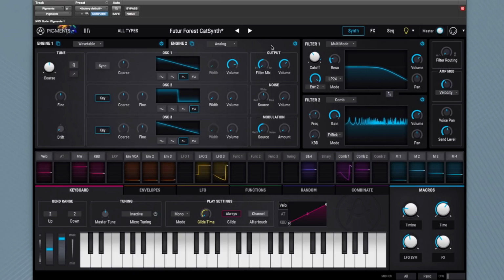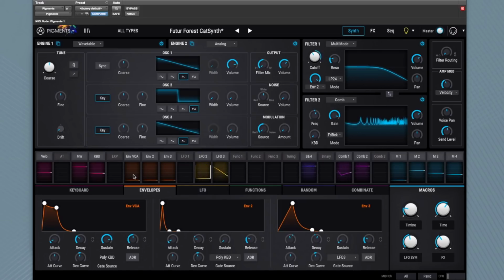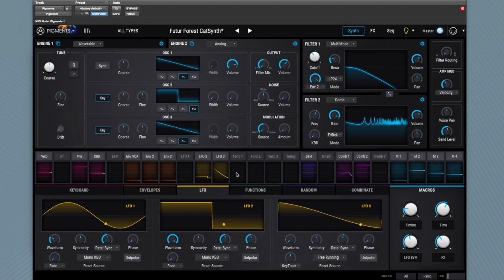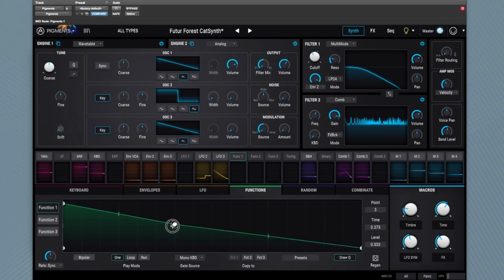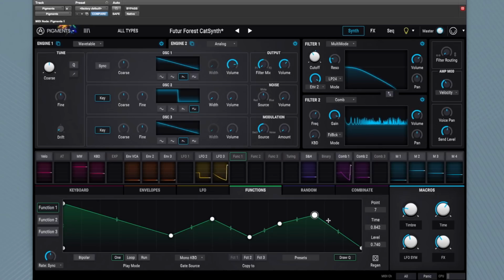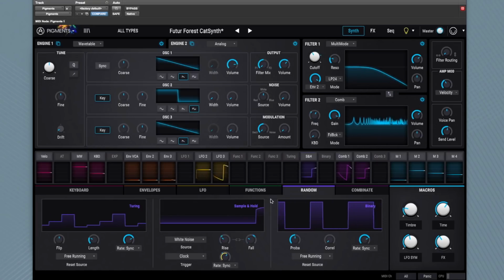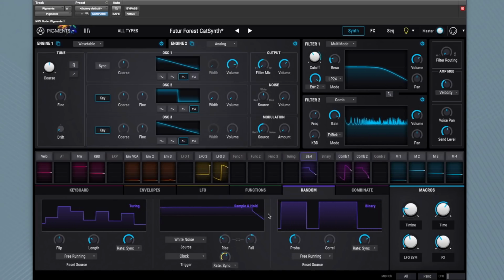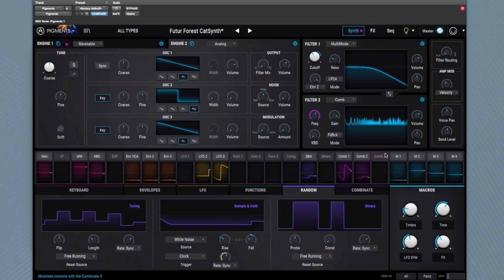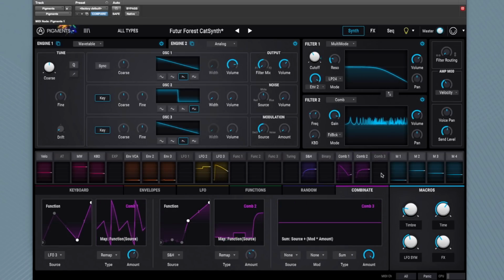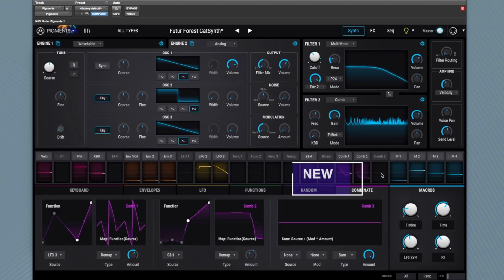The unique heart of Pigments is its modulation matrix, which is visualized here with these moving elements in different colors representing different classes of modulation. Keyboard and MIDI control, envelopes, LFOs, function generators where you can create your own control functions, a rather powerful feature, various random elements including Turing, white noise, and binary random, combinators, which allow you to combine other modulation sources using